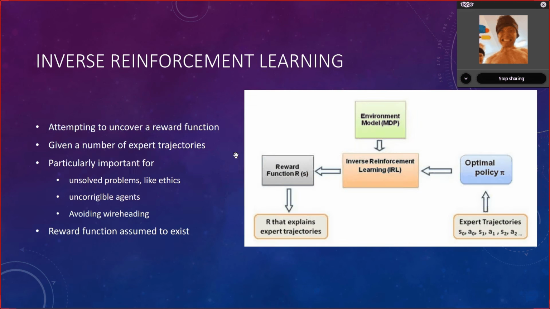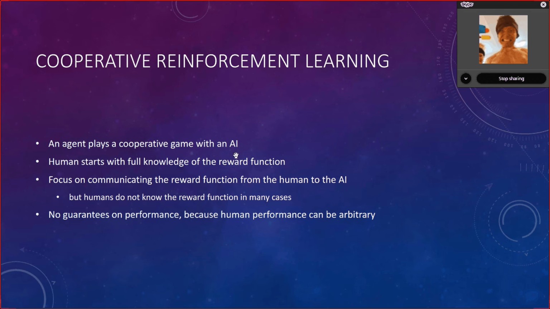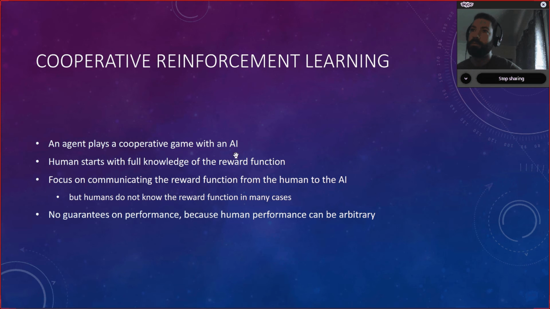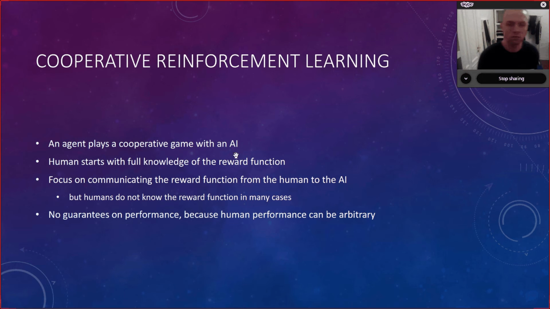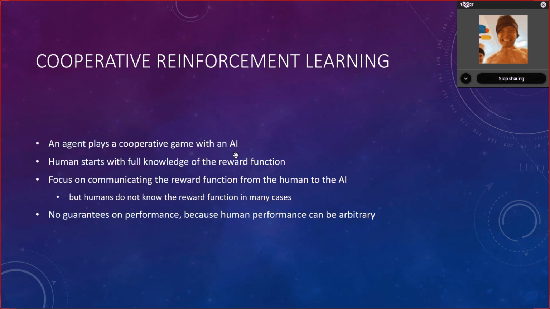That sounds very reasonable. So, one of the ways inverse reinforcement learning has been made is through cooperative inverse reinforcement learning, where the agent plays a cooperative game with a human. A human and an AI work together, and the human has full knowledge of what they're trying to maximize, what the goal is, and the focus is then on making the AI understand what it's supposed to do, what the reward function is. This is, of course, a good thing, but there's a couple of problems with this for AI safety.